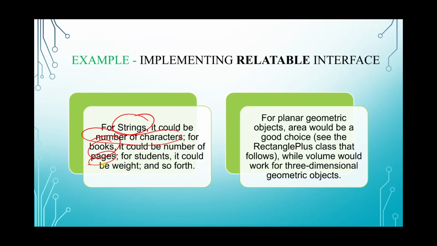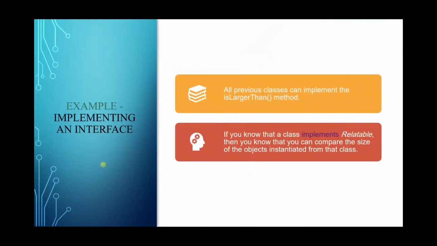For planar geometric objects, area would be a good choice, as in the Rectangle Plus class that follows in these slides, while volume would work for three-dimensional geometric objects. So in all previous classes, strings, books, and all these things, they have to implement the isLargerThan method, right? And if you know that a class implements Relatable, then you know this class is somehow comparable in terms of